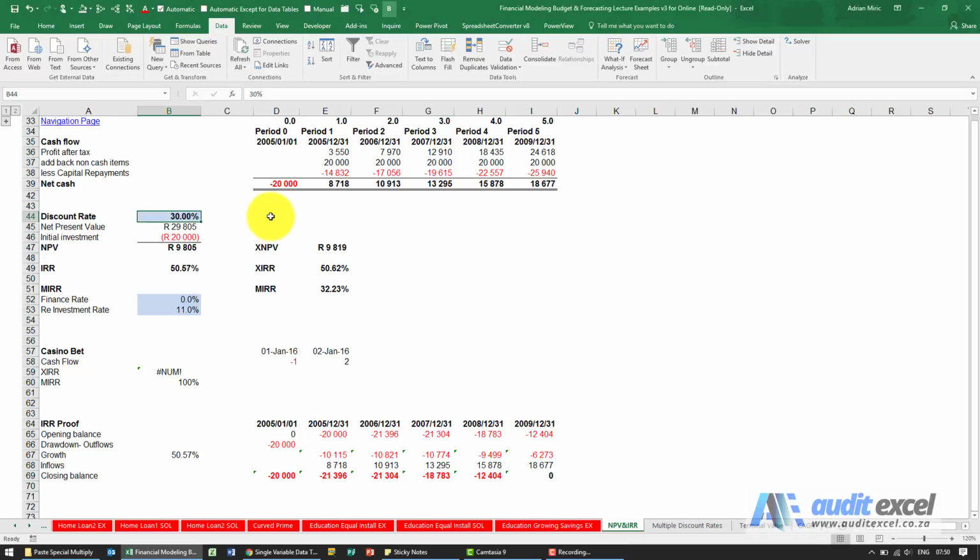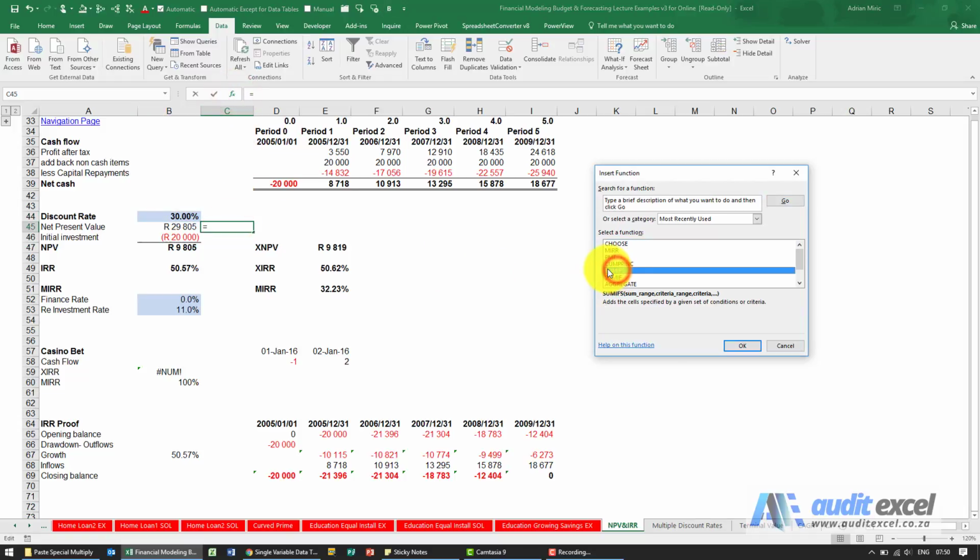The NPV function in Excel allows us to look at these cash flows and determine what their value is. So just in terms of components, you'll need, obviously, the model with our cash flows, a period 0 and our various periods, and a discount rate. Now, the one problem with NPV